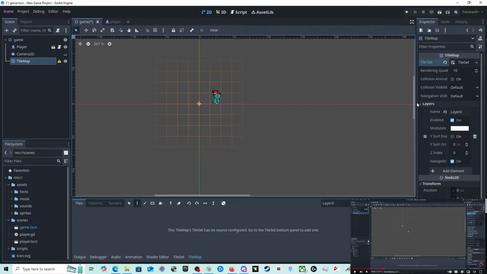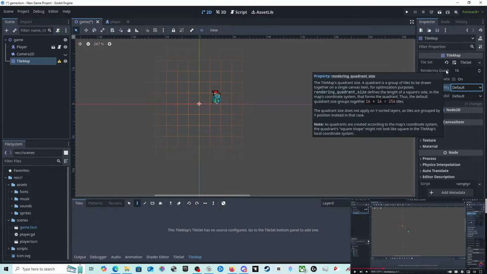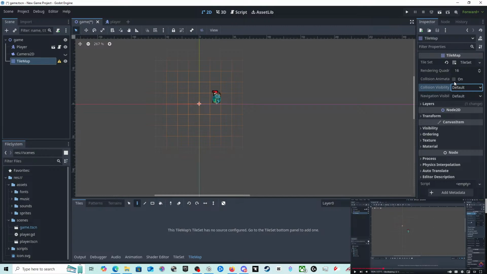What one does he have open? Tile map. Tile map. Tile size. Why don't I have tile size then? I have rendering quality. He has tile shape and everything.